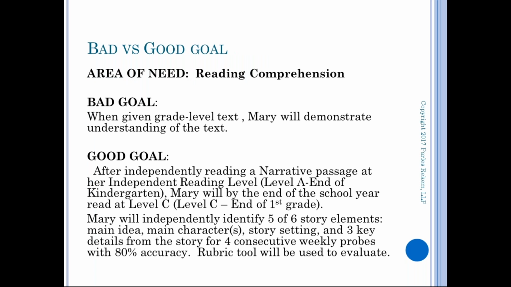So we thought we'd give a really quick explanation of the difference between a bad and a good goal. Let's say there's a child, second grade, whose area of need has been identified as reading comprehension. The goal that was initially given was stated: when given grade level text, Mary will demonstrate understanding of the